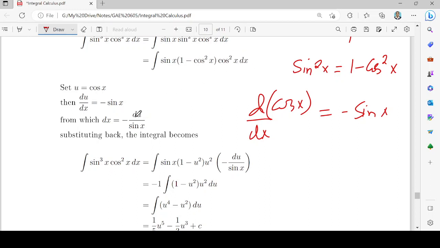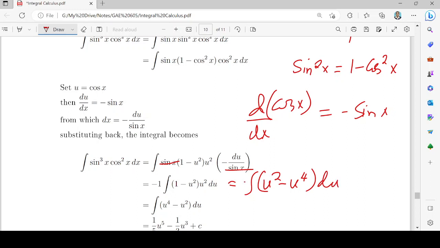Then dx is the same as minus du all over sine of 2x. And clearly, you notice that the sign cancels. So we are left with minus 1. We have a negative, this negative. The integral of 1 minus u squared times u squared, which we can expand. This one we can expand and write u squared minus u raised to power 4